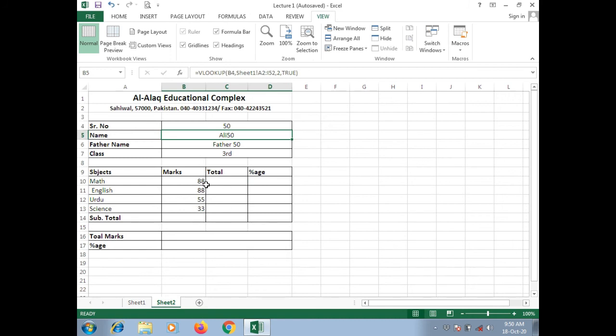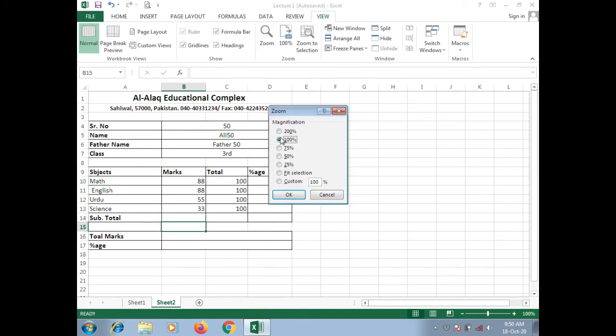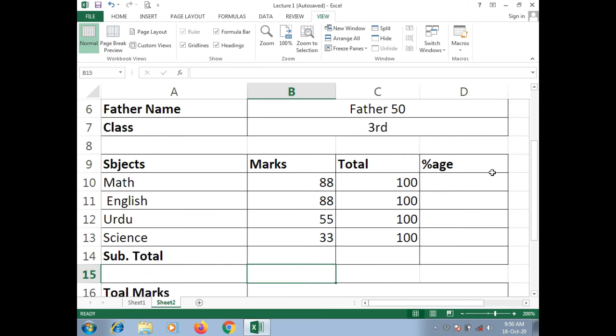So you can see his total marks. Here we can enter total marks, 500, like 100 marks per subject. So we can manually enter, or now we need to take the total. We need to use some formula for this. Let me zoom it so that we could know what's going on.